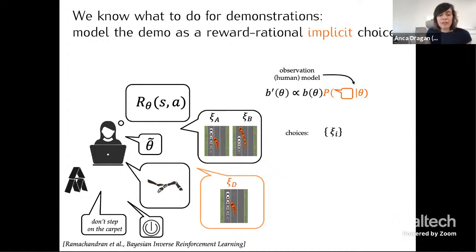The choices, when you give me a demonstration, when you tell me this is how to drive, you also have choices. The choices are now implicit. They're all the trajectories that you could possibly demonstrate. You only demonstrated one, you demonstrated roughly the best one, right? So your choices are trajectories, not just A and B, but all of them. And you're implicitly making a choice among them when you're demonstrating based on the reward. You're looking at the cumulative reward of everything, and you're picking the one that has roughly the highest cumulative reward.